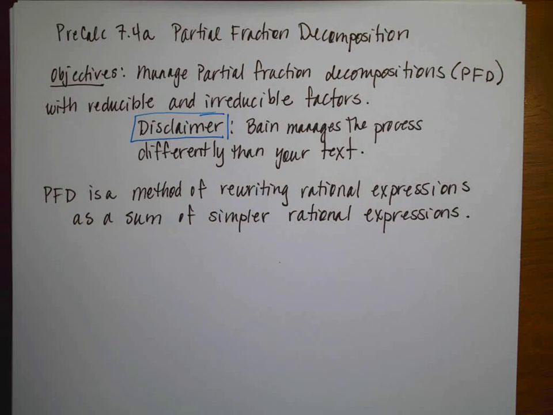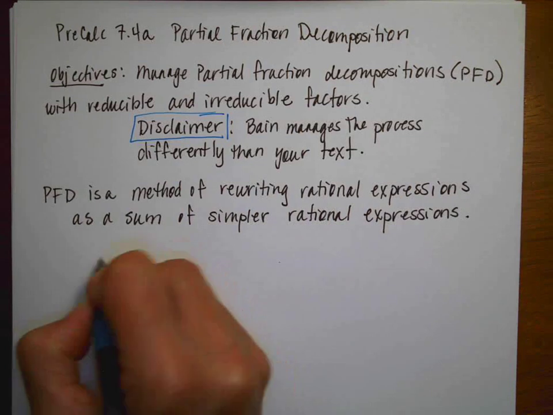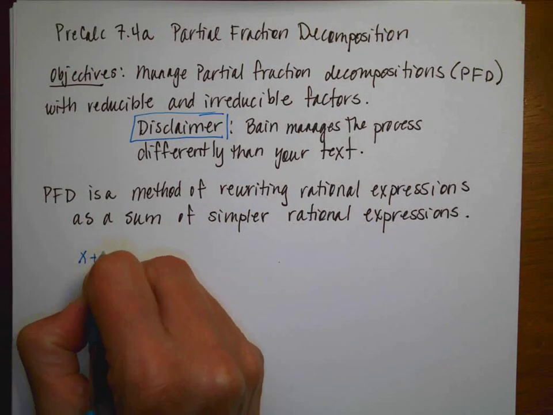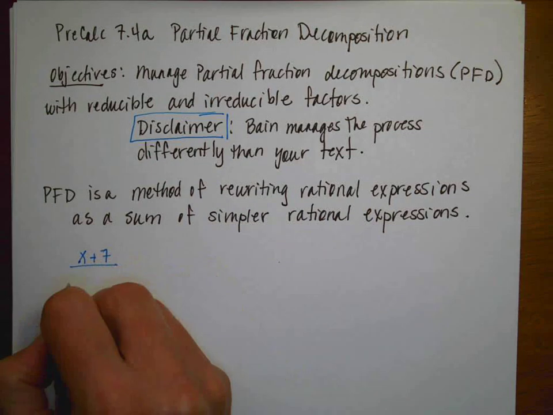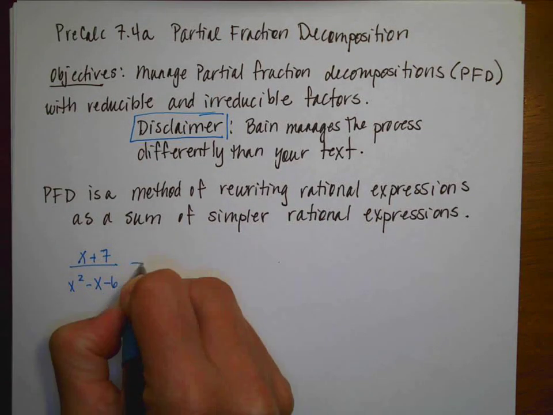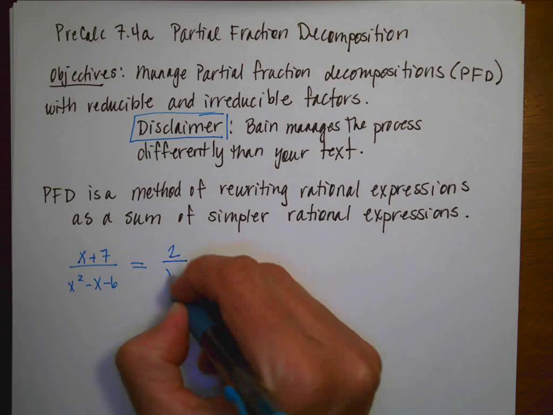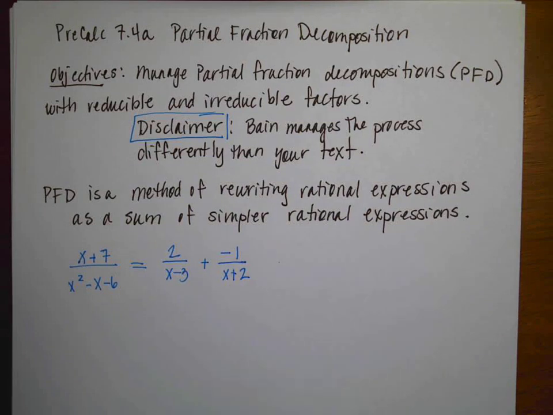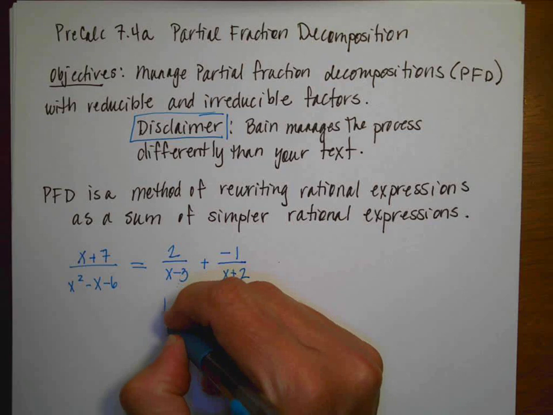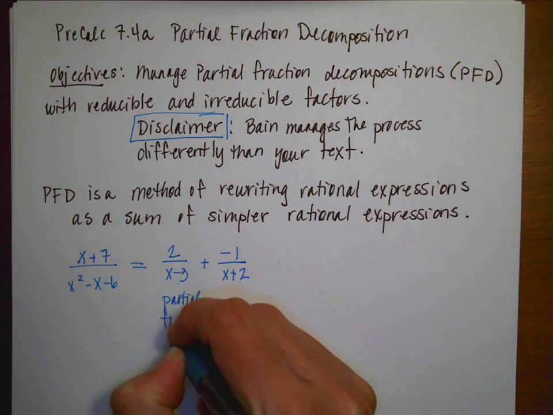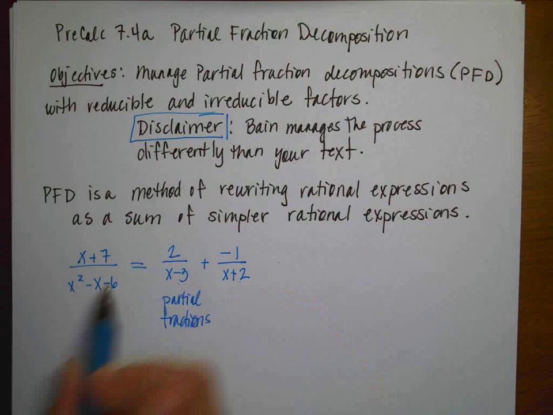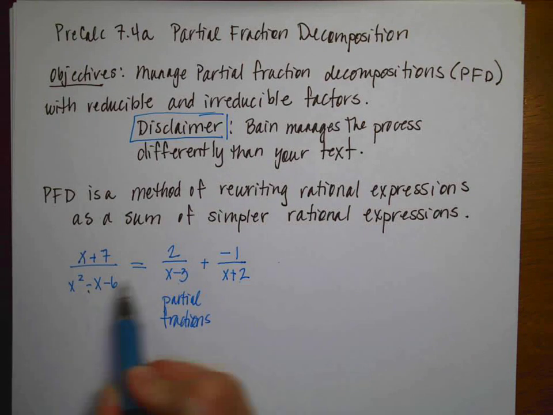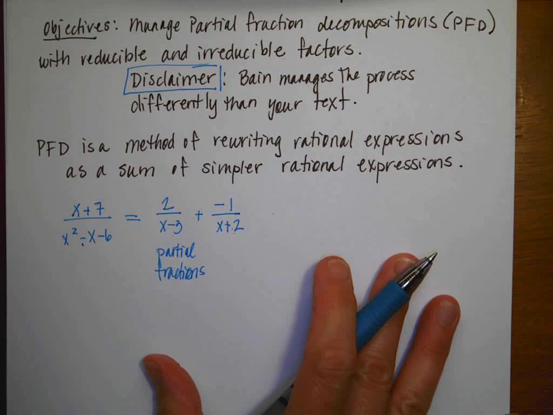A partial fraction decomposition is a method of rewriting rational expressions as a sum of simpler rational expressions. For example, if I had a rational expression that was x plus 7 over x squared minus x minus 6, I might break that up into some separate fractions. We'll talk about how we find these in a little bit. And each one of these is called a partial fraction. So those are the partial fractions. And so it's a way of rewriting an original rational expression and breaking it down into something that has simpler